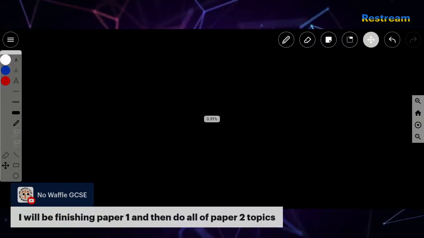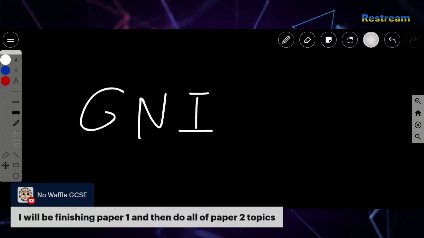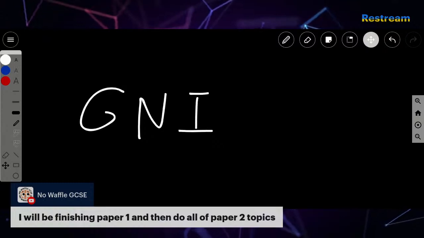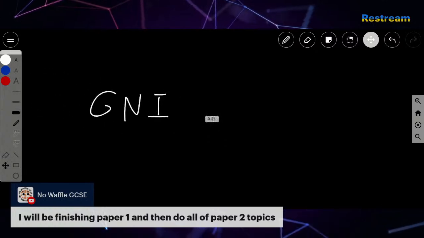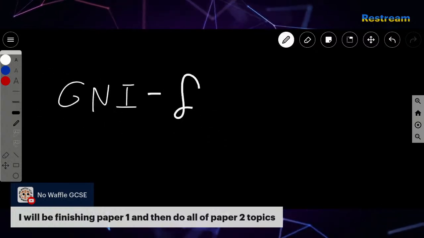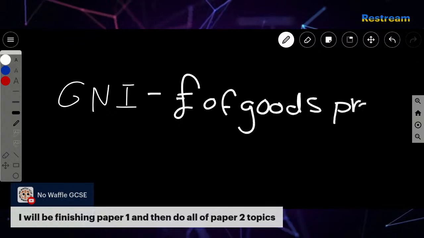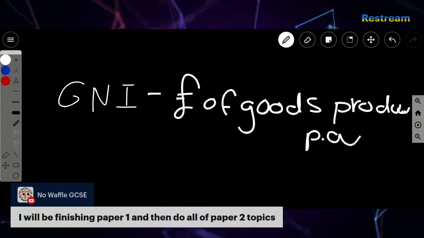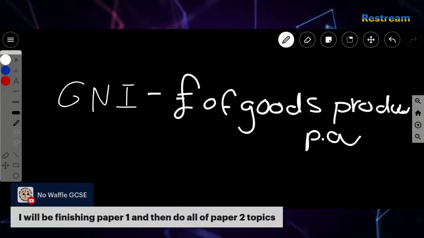Firstly, we have GNI. GNI stands for Gross National Income. This is the total value of goods and services produced by a country within 1 year. So if you had a GNI of 12 billion, this meant that the country created 12 billion worth of goods